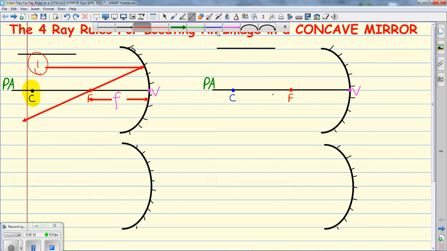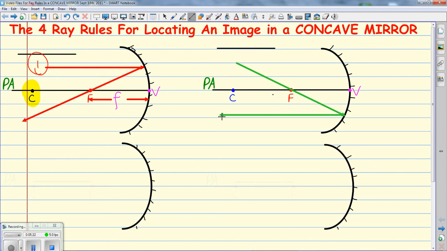Alright, ray rule number 2 says, and it's the reverse of this one, as you'll see in a minute, any ray of light that goes through the focal point